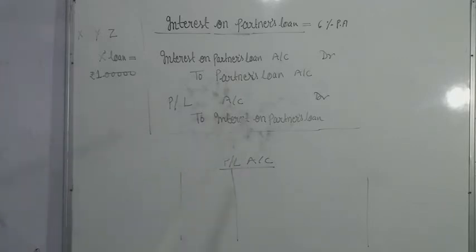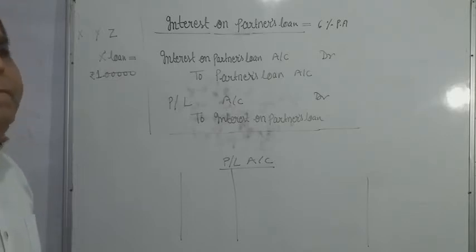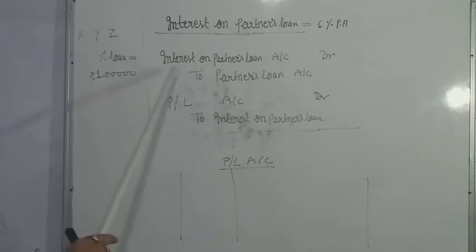One thing you have to keep always in your mind, that interest on partners loan is always allowed whether there is an agreement or not. One more thing, interest on loan is a charge against profit. Charge against profit means we have to pay interest without considering whether the partnership has sufficient profit or loss. Means if we have profit we will give interest on loan, and if we are having loss in the firm, then also we have to pay interest on partners loan. Okay, meaning we have to pay interest on loan without considering whether the firm has profit or loss, because interest on loan is a charge against profit.